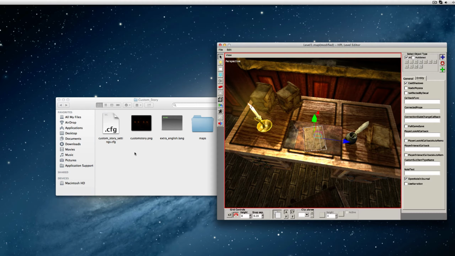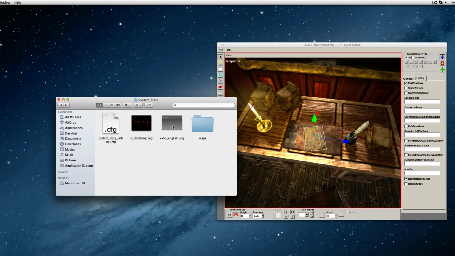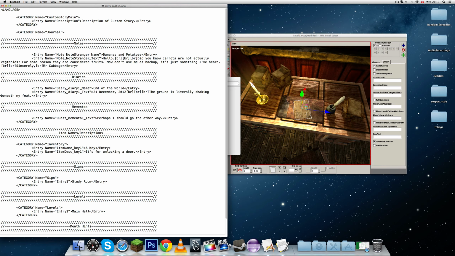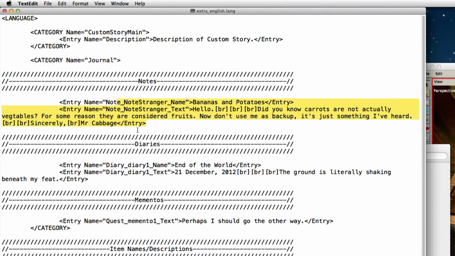Before we go into that, I guess we should make one. So you should open up the extra English.lang with the text editor. Let's place it over here. And under notes, I believe you can use diaries, of course, but I'm just going to use a normal note. And here I have just pretty much a basic note.